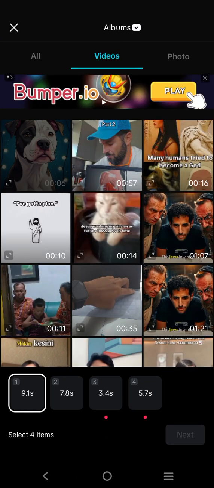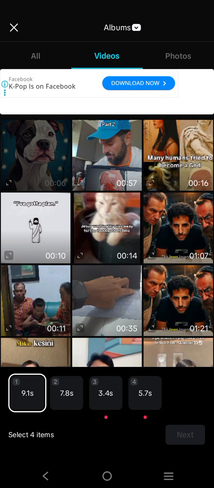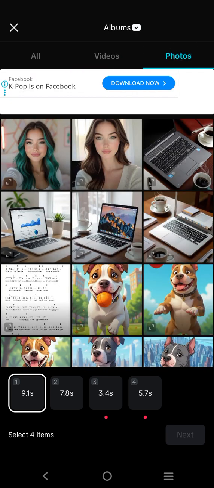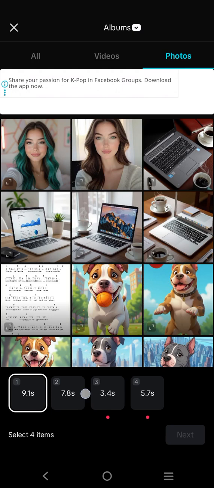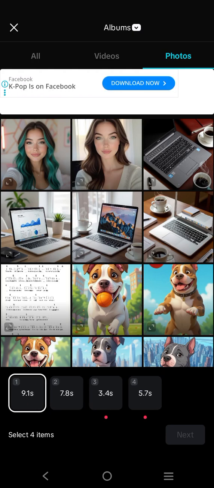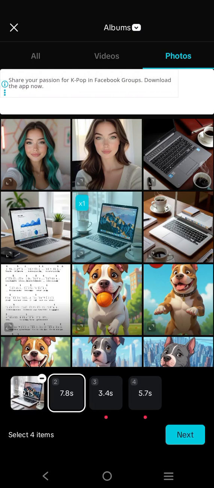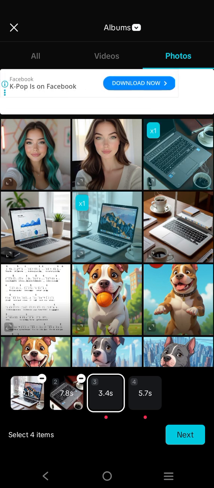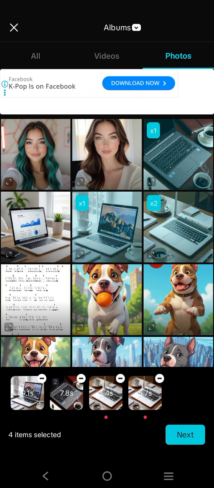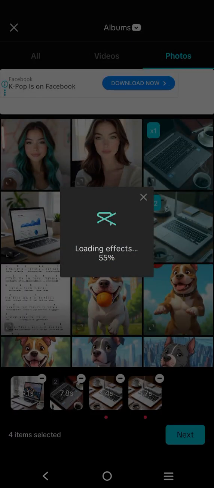Click down here, and after that you can start to select a picture from your gallery. For example, I will choose some photos here, and after that, yes, you will see there are 4 sections. I will start to choose one photo, and after that you need to upload the rest of the 3 photos like this until it is fulfilled. Okay, actually 3 is enough. And after that you can continue to click next,